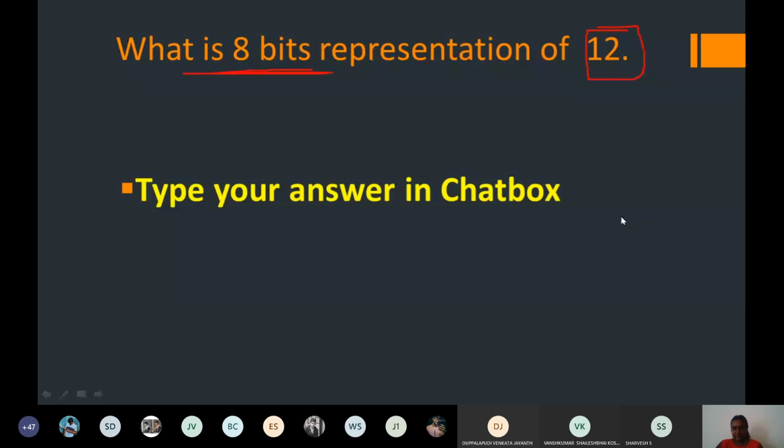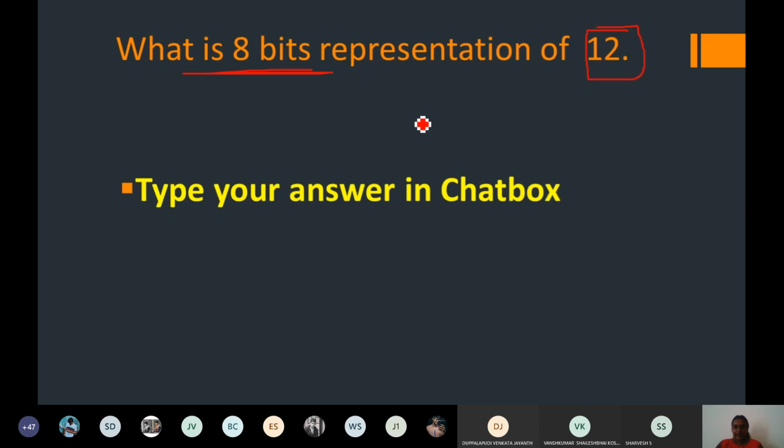Who has given the answer first? The chat is getting overflowed. Okay, Vansh Kumar has given, Rohit has given the correct answer. Others, I want everyone to type your answers to make sure you're attentive in the class. Sometimes if I get some confusion about attendance, I will see this chat and check whether you have given the answers or not. Don't simply copy another person's answer and paste it here. You think and do it. Yes, Anupam has given. So 4 zeros, then 1 1 0 0. That is going to be the representation for plus 12.